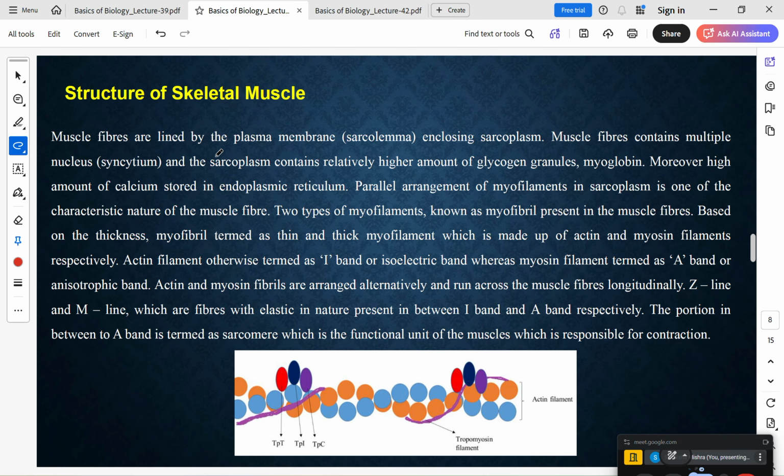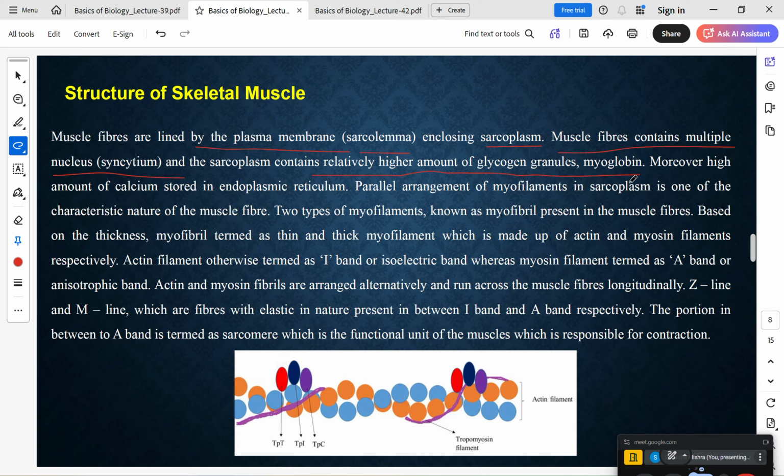The basic structure that makes up a muscle fiber is the sarcomere, which is a multinucleated cell. These muscle fibers are lined by plasma membrane, which in case of skeletal muscles is known as sarcolemma. The sarcolemma encloses the sarcoplasm, which is like cytoplasm. As I said, muscle fibers contain multiple nuclei, which makes up the syncytium,